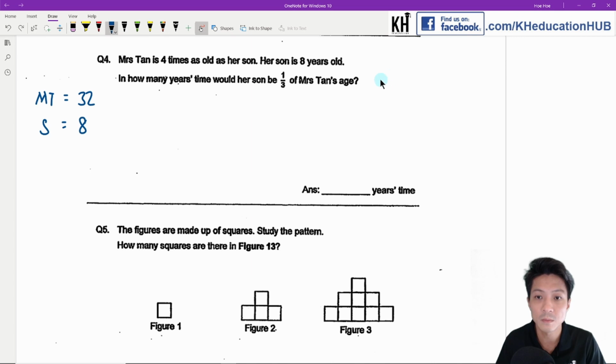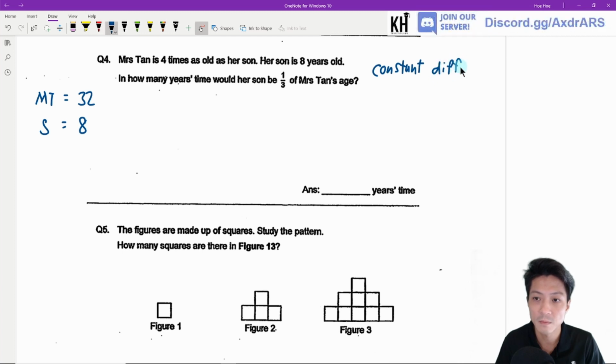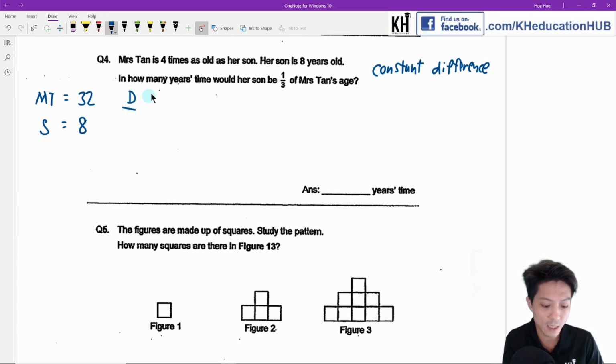Hold on, let me adjust this. Constant difference. So in this case, the difference between them will be 32 minus 8, which is 24